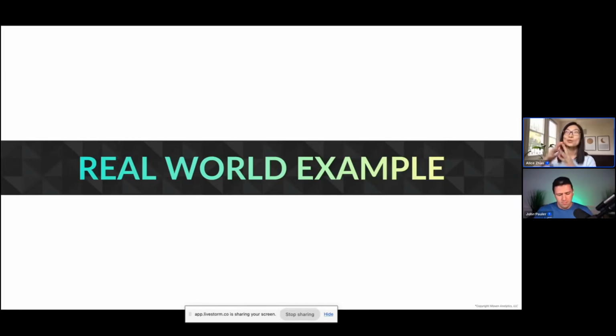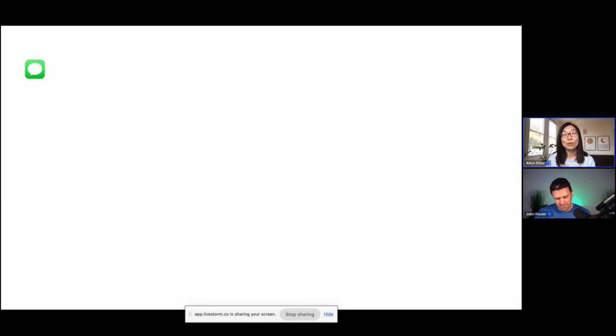Okay, so we just went through a theoretical database, but I want to pause and just say, SQL is in your everyday lives. These databases are all around you. The one that you are probably very familiar with is text messaging. Let's say you open up the Messages app on your iPhone and you have this conversation with your friend.